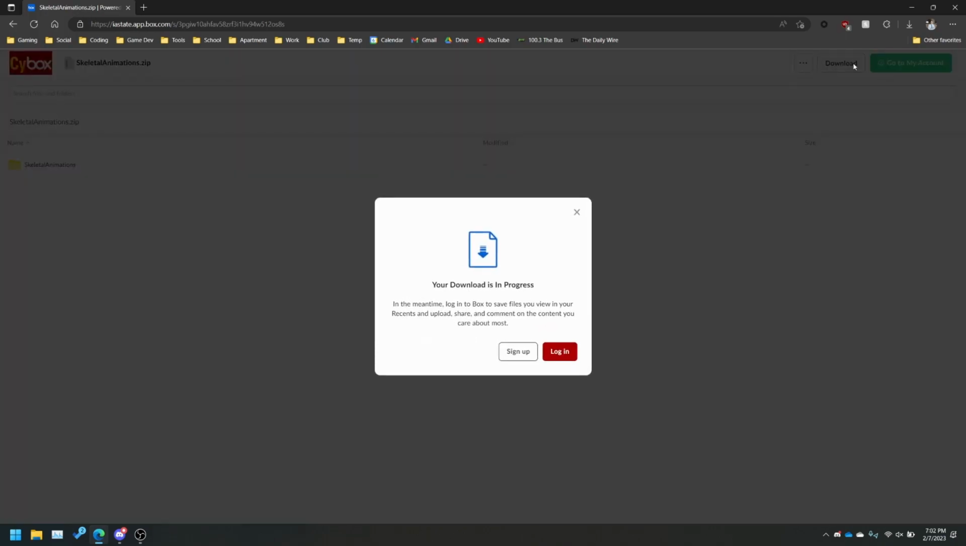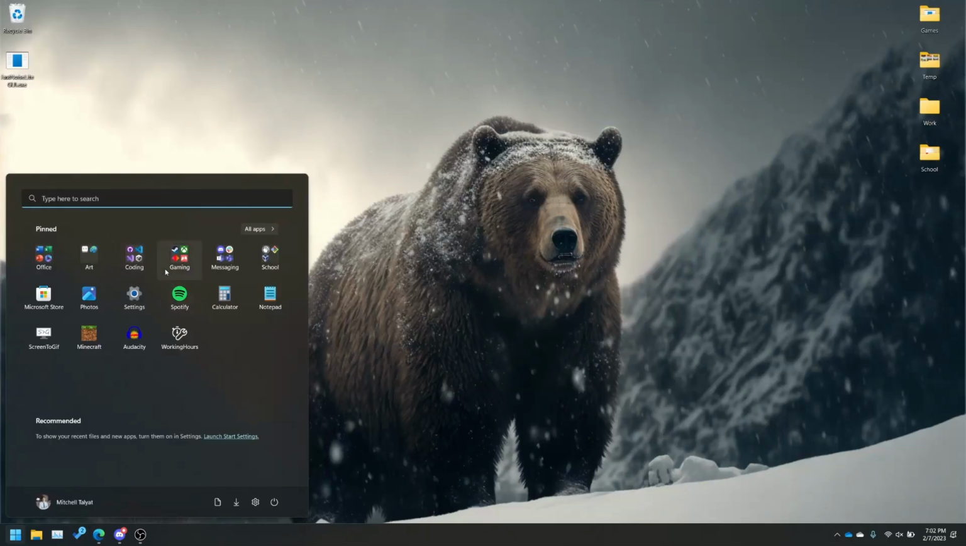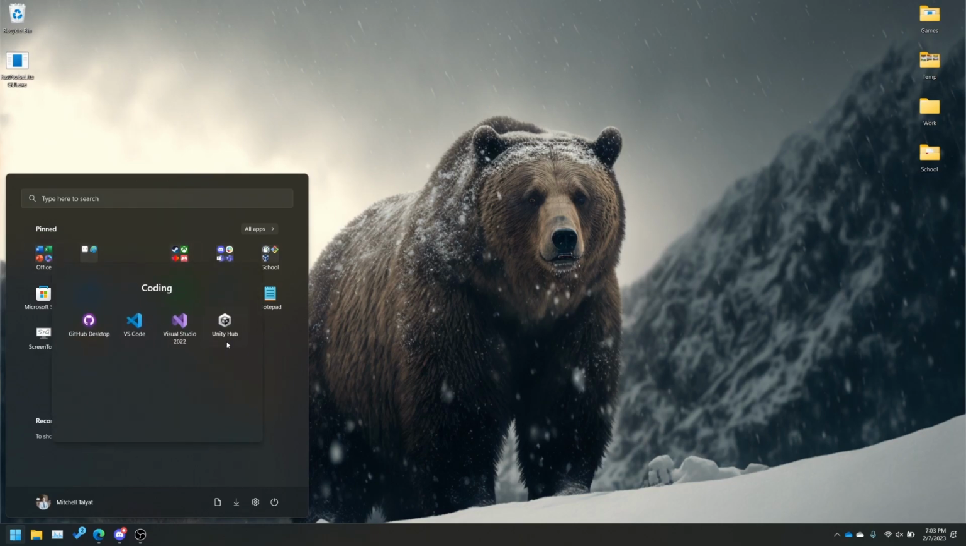So if you click the link, it should lead you to a box. And then you should be able to hit download. I think I set it up right so you don't have to sign in or anything. Maybe not. Oh, yeah. Okay. And then once you get that done, if you want to open up Unity,